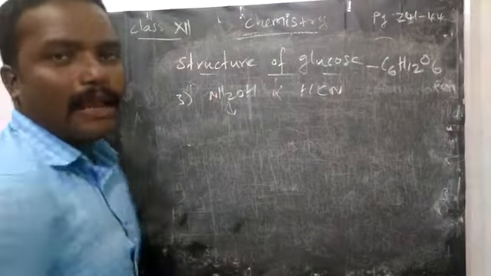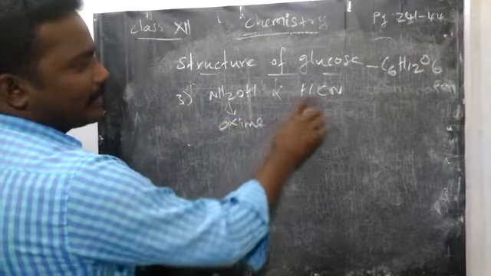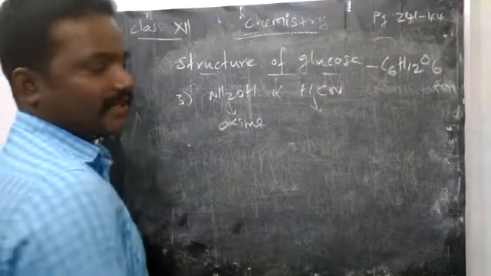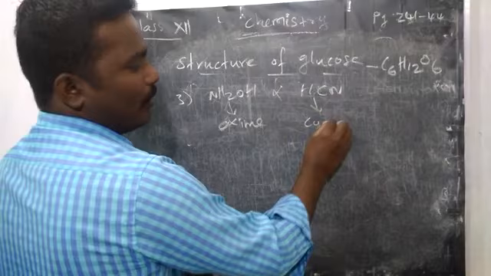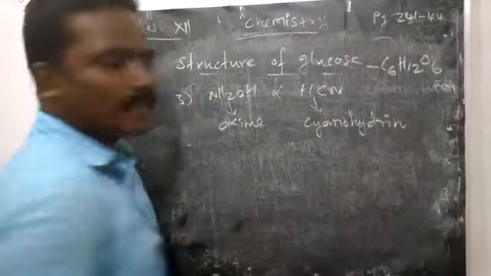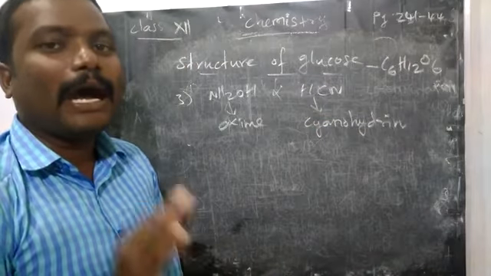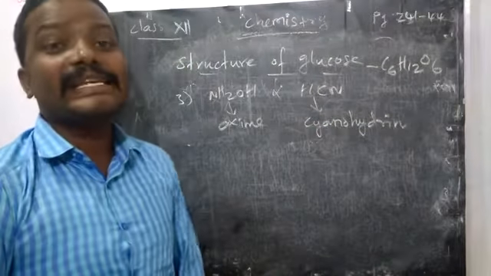If you treat with hydroxylamine, it gives an oxime product. If you treat with hydrogen cyanide, it gives a cyanohydrin product. See, from this we can understand it has a carbonyl carbon, that means C double bond O